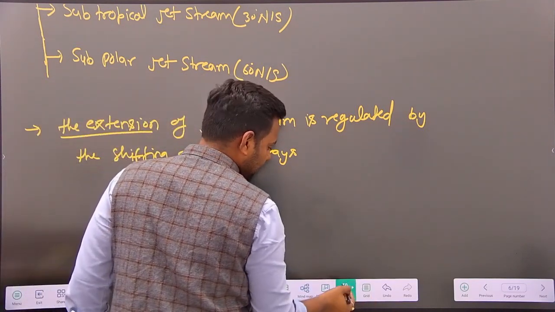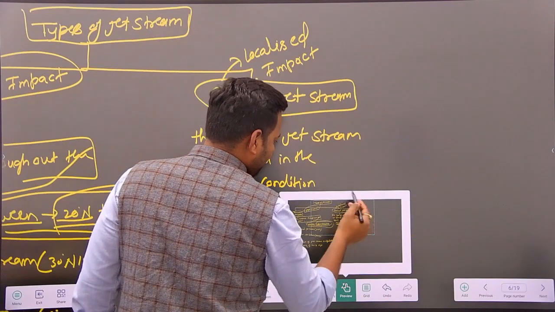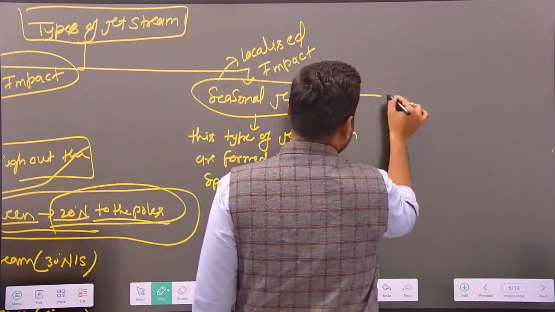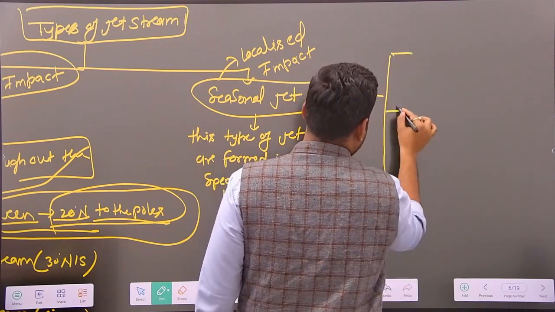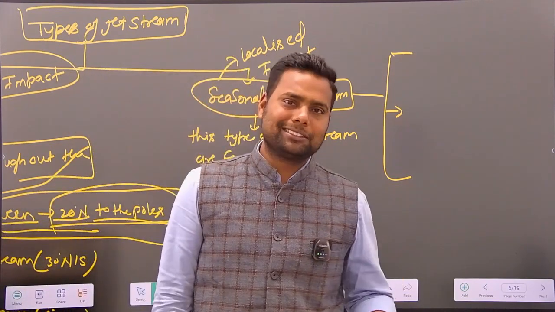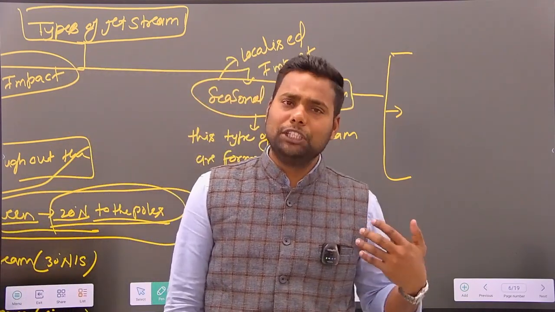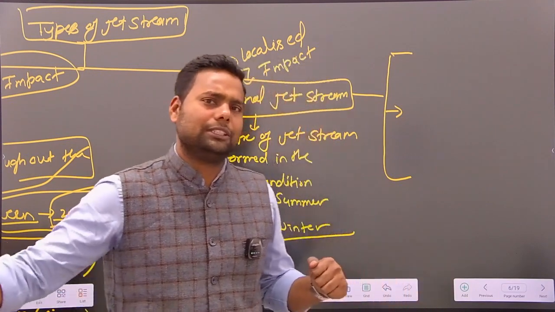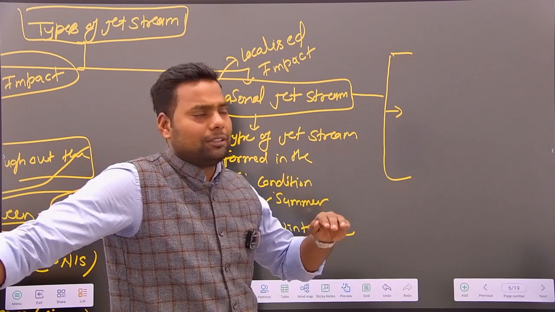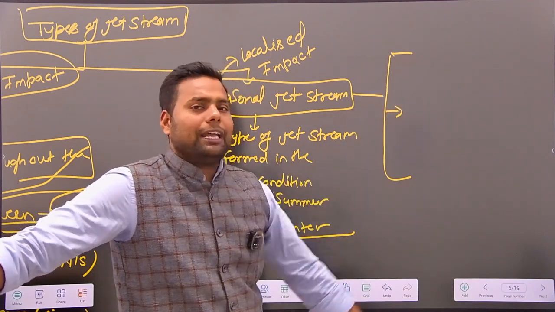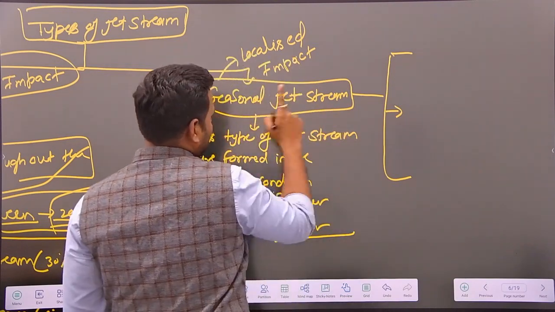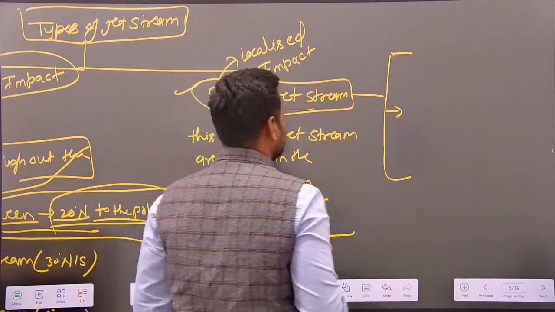And again, what is seasonal? What is a seasonal jet stream? Seasonal jet streams are basically three types of jet stream. Most of the books have referred to the polar night jet stream as a permanent jet stream, but these types of jet streams are only found in those seasons where the six-month-long night period has been created in the polar region. Due to this reason, I have categorized it as a seasonal jet stream.